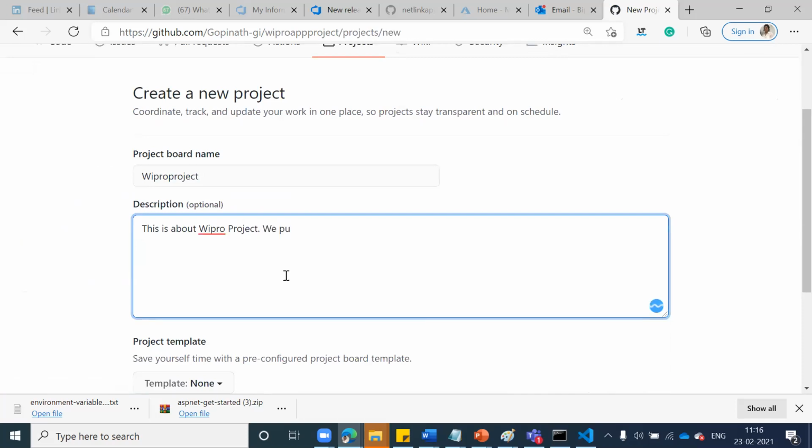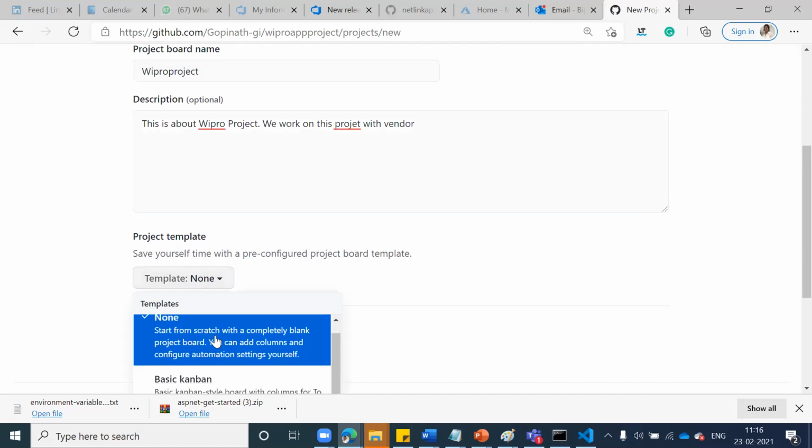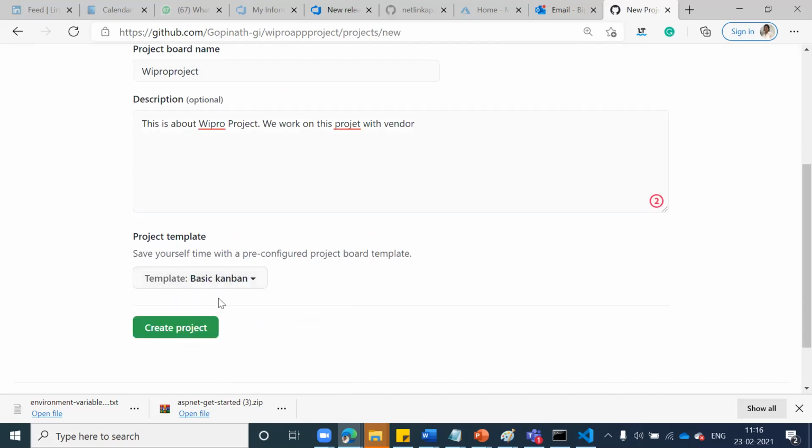We work on this project with a vendor. Now below it is saying template. It's basically a Kanban board, which is provided by a tool called Jira. It provides the same template free of cost.